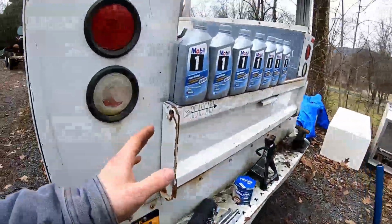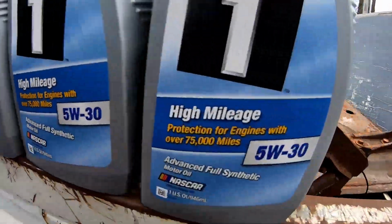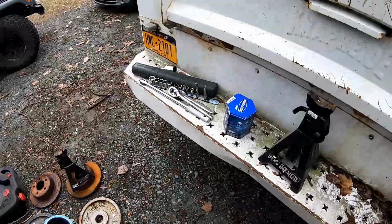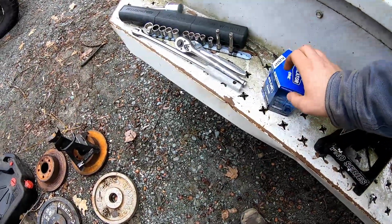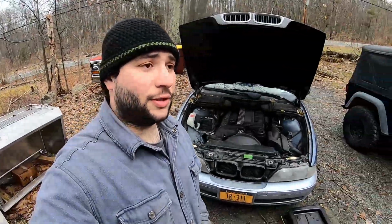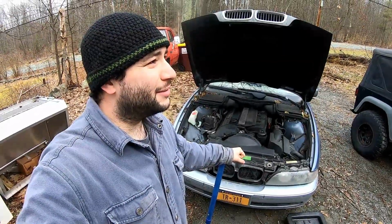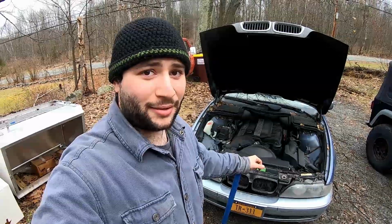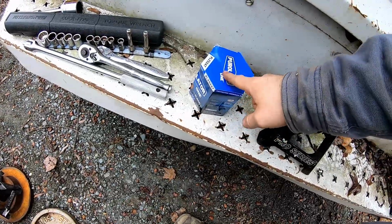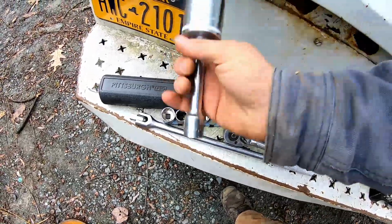With the BMW, you're going to need 7 quarts of oil, which I always go for something that's going to protect the engine. Don't cheap out on the oil. It's not worth it. And a great oil filter. Believe it or not, Napa makes a phenomenal oil filter. I would recommend them over Fram. I highly recommend the Napa Gold over Fram. I just happened to see a deal at Advance Auto, so I went with the Purolator and stayed away from the Fram. You are going to need a torque wrench and a 36 metric